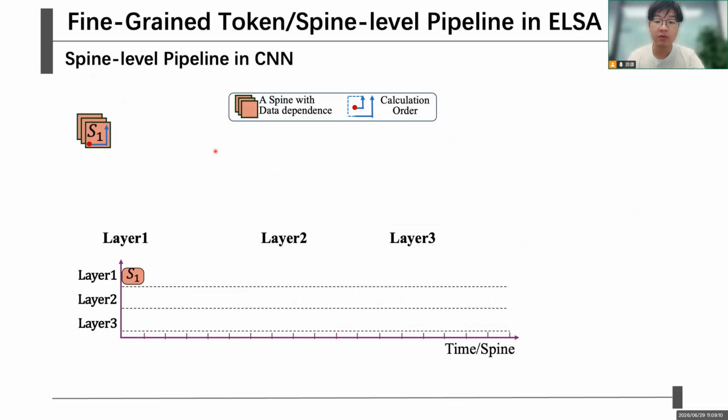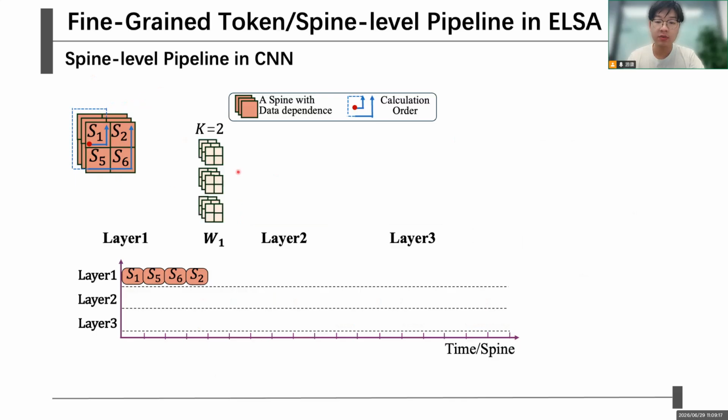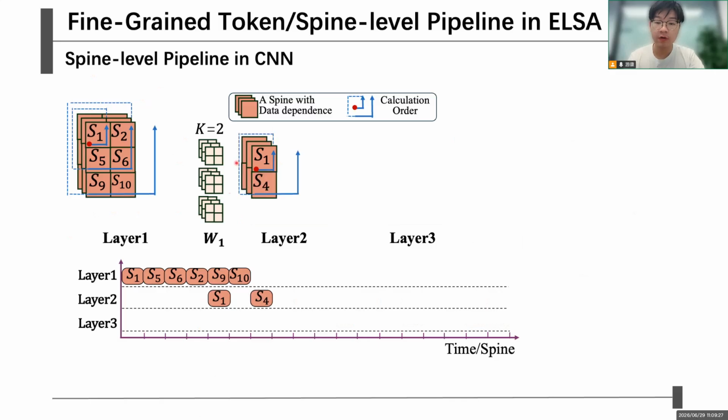We first calculate S1, S5, S6, and S2 in the first layer to enable S1 in the second layer to start calculation. Then, when the computation of S9, S10 in layer 1 finishes, S1, S4 in layer 2 can start computation. Then the computation is S5 and S2.